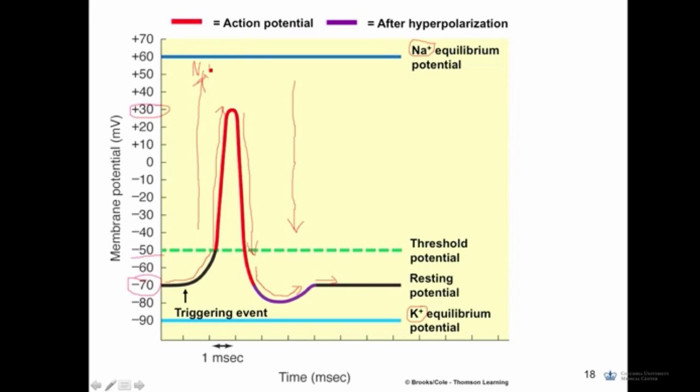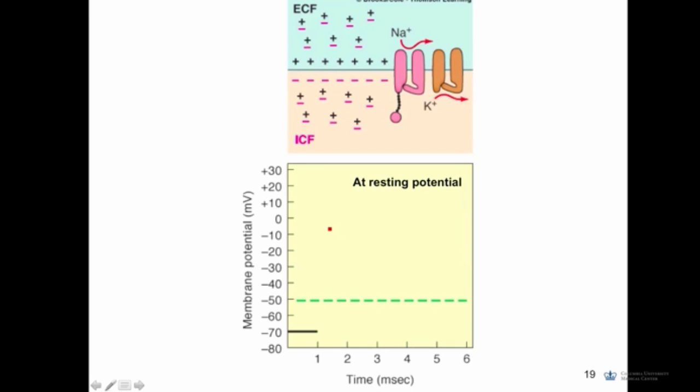Okay? It's being driven by the movement of sodium into the cell. And this falling phase is being driven by the movement of potassium out of the cell. So let's look at what that looks like. If we start off at that first initial point, we're at resting membrane potential. Nothing's happened yet. Okay? And if we look at a cartoon of the plasma membrane, what we see is ICF